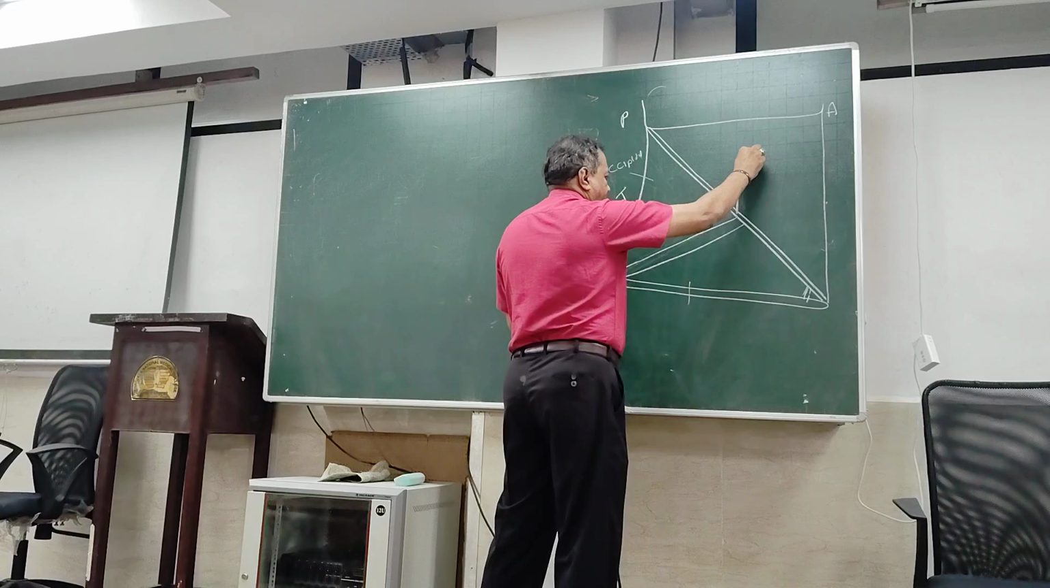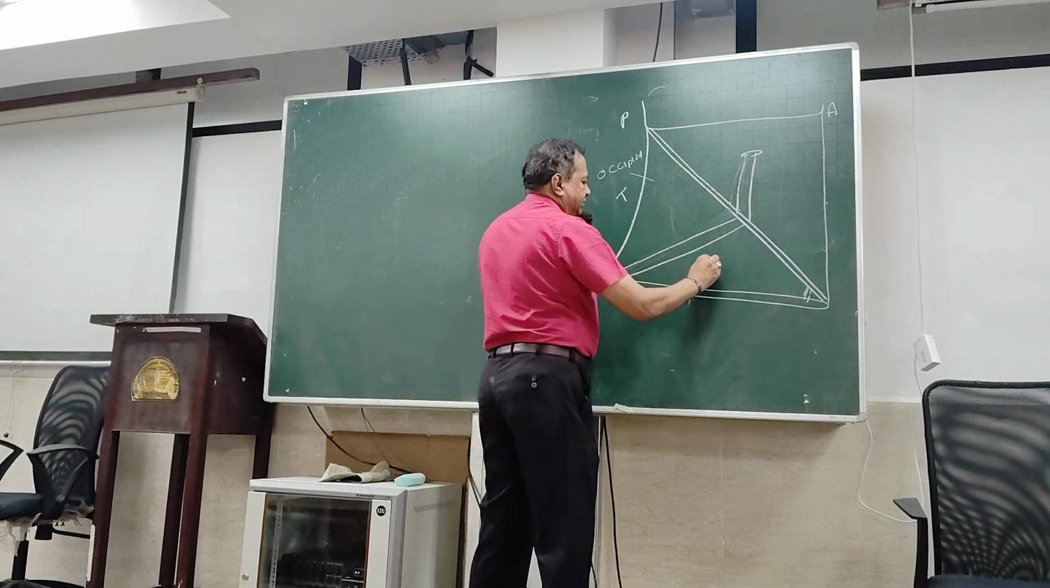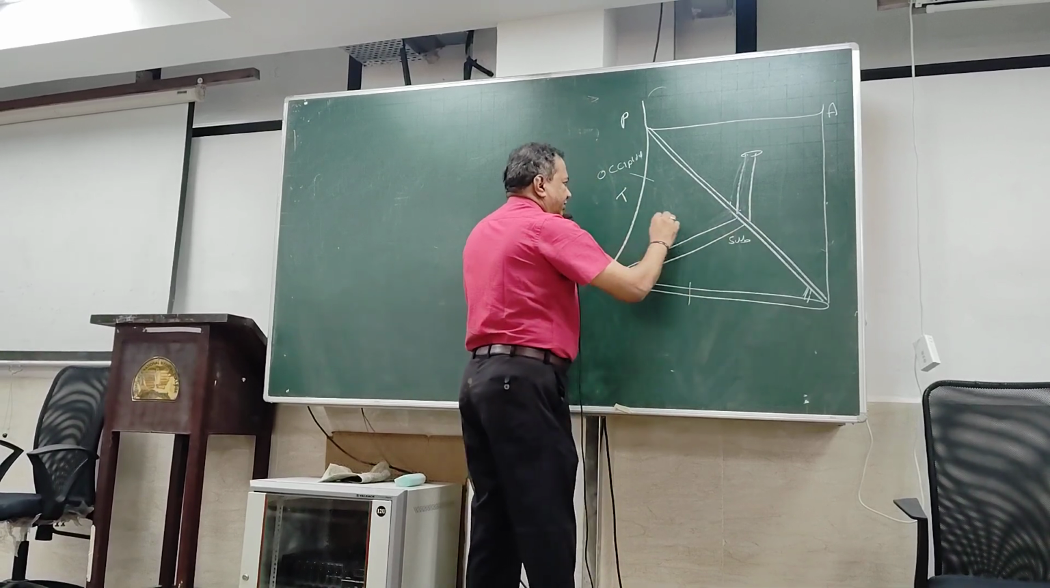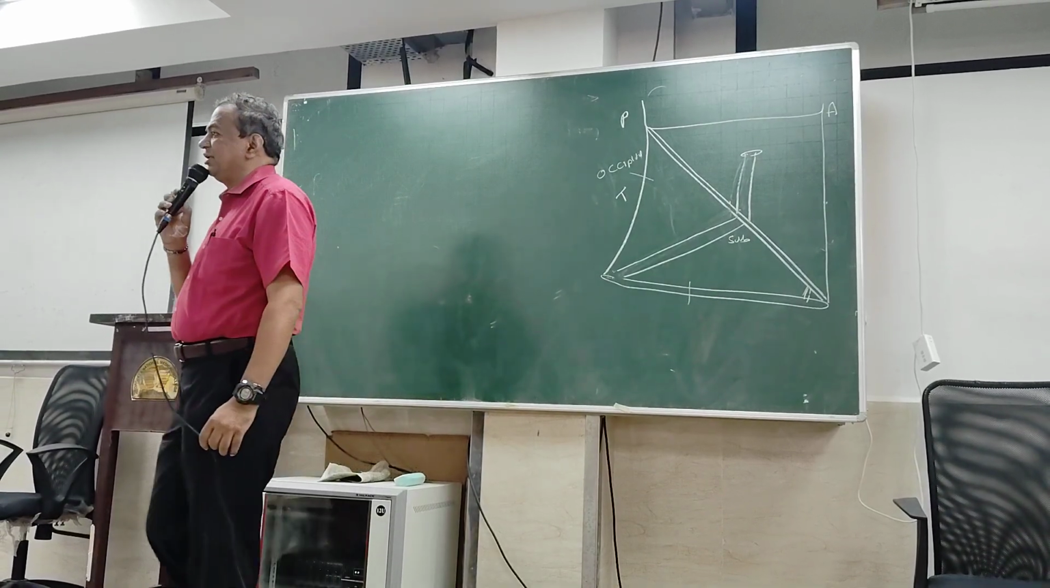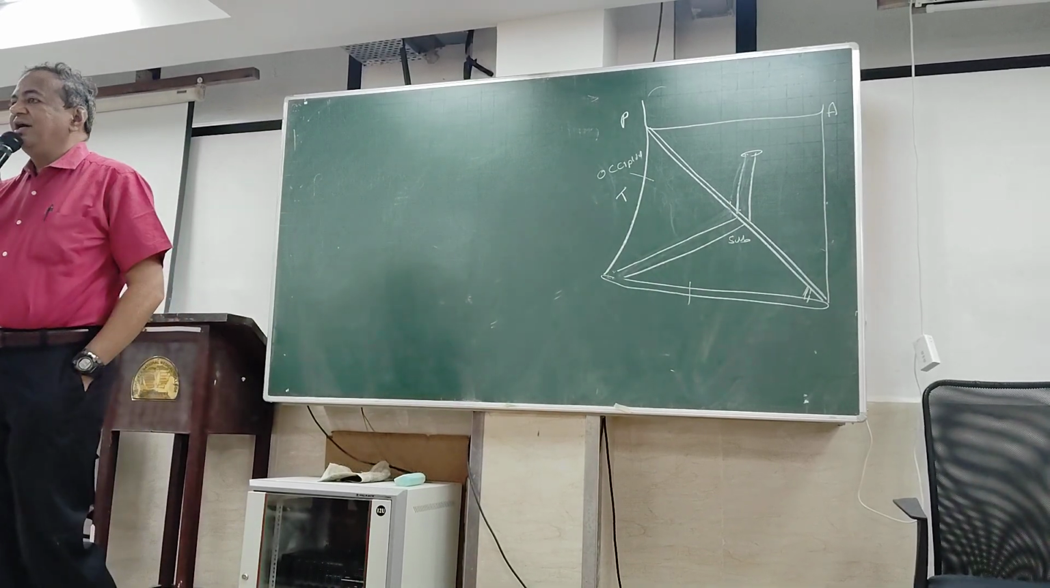Okay, this is the subclavian triangle. So two triangles. The posterior triangle is divided into two triangles. What are they? Occipital triangle and